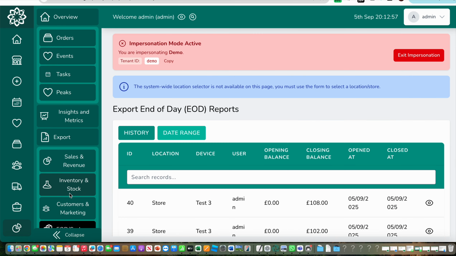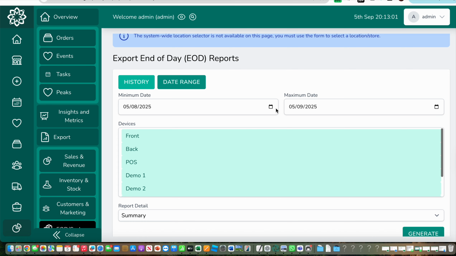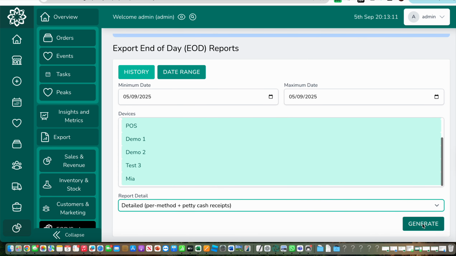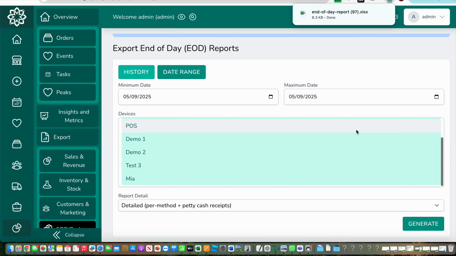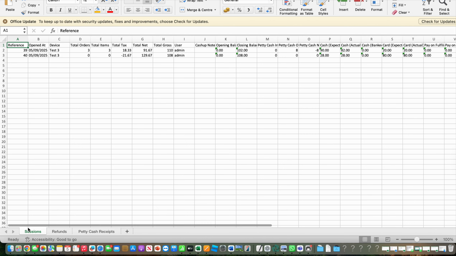the end of day cash ups, and I'm going to do a date range report on today, because that's the only one I'm really interested in, and I'm going to select the detailed because that shows me any petty cash transactions and any refund transactions. So I'm going to generate that. I'm going to open the report that opens up, and you can see here